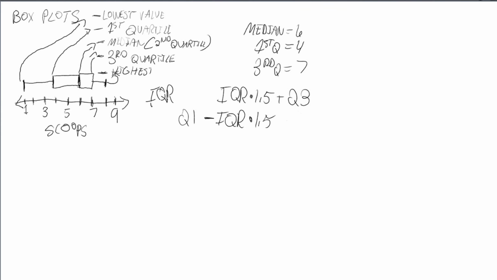Now, how you find your interquartile range is simply by subtracting your first and third quartile. So 7 minus 4 equals 3. Your interquartile range is going to be 3. Now, IQR times 1.5 is going to be equal to 4.5